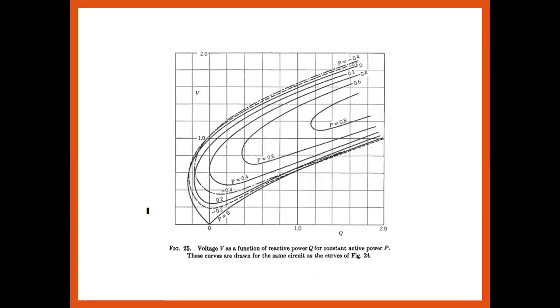Number second: this is the voltage on the Y axis, and this is the Q axis. Q is the reactive power. Reactive power we have taken on the x-axis, and the voltage on the y-axis, and for different values of active power, we are able to draw the graphical representation to find the equivalent reactance. What is changing here? The different active power is changing.